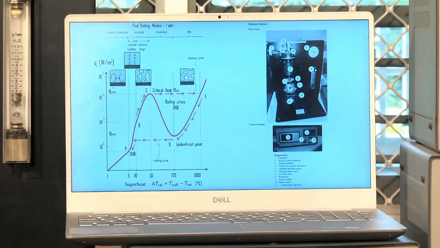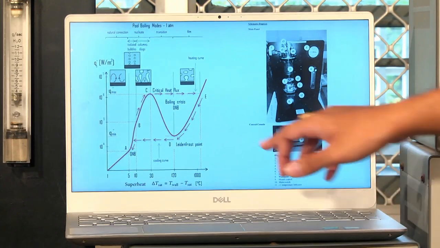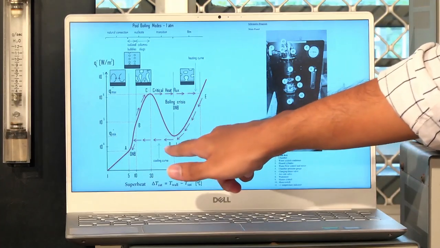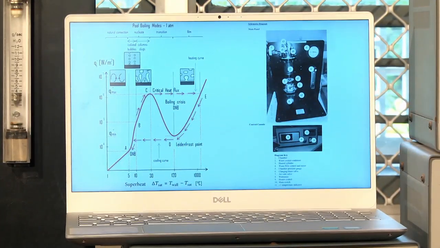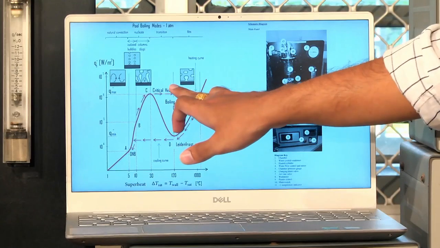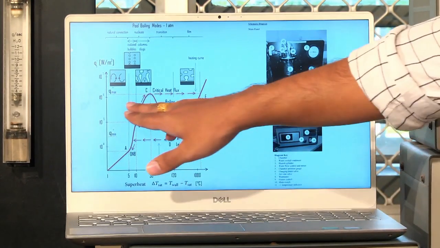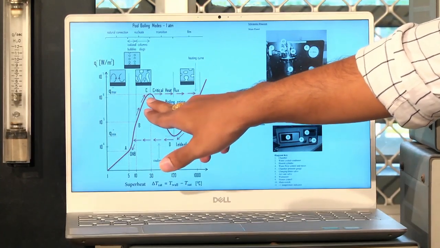And if we further increase the heat flux, most of the heater surface is covered with the vapor bubbles, and this vapor acts as a kind of insulation and reduces the heat transfer, and this is the downward part of the curve you can see here. This is the transition boiling regime, where most of the heater surface is covered with the vapor. And if we further increase the heat flux, we will observe a stable vapor film formation, and again the heat flux increases. It is because of the domination of radiation. And the maximum heat flux that we can safely achieve is the point C here, which is the critical heat